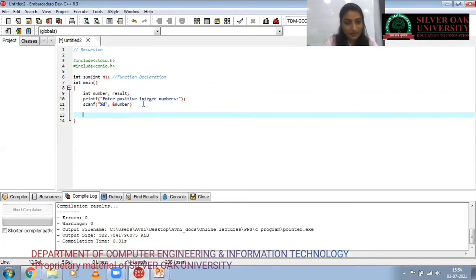We assign the result into the result variable; we want to get the sum of this number.